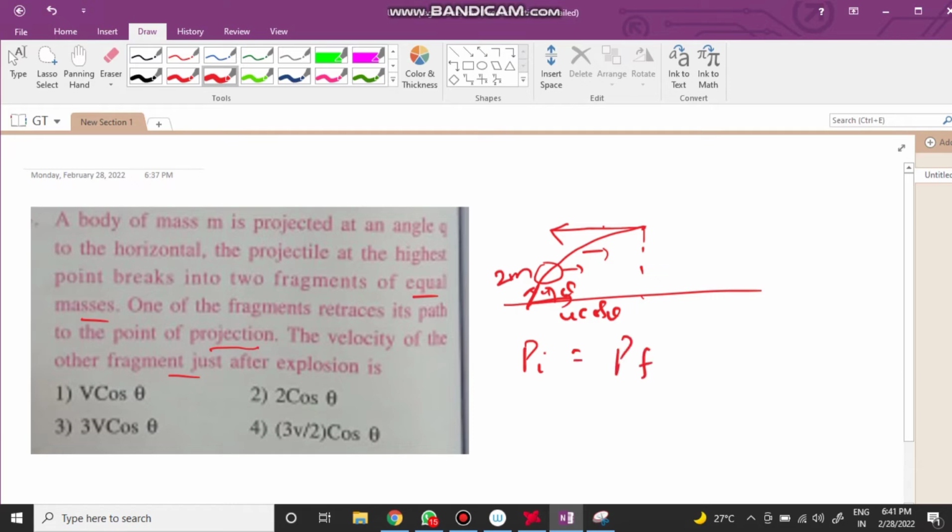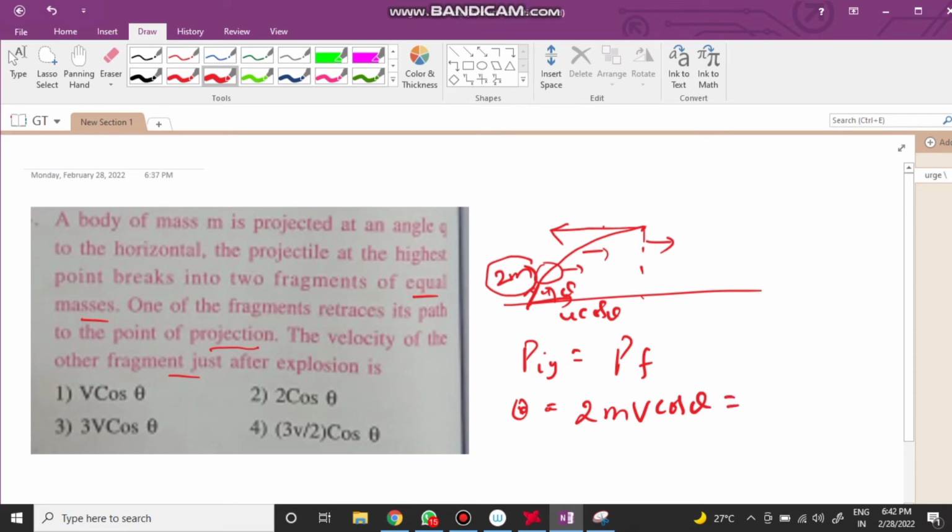Now what about the initial momentum of the system? You projected a bomb with 2m mass, and at this highest point the momentum in the y direction will be 0, but in the x direction you will have mass into velocity, 2m into v cos theta, because it is going in this direction, is equal to